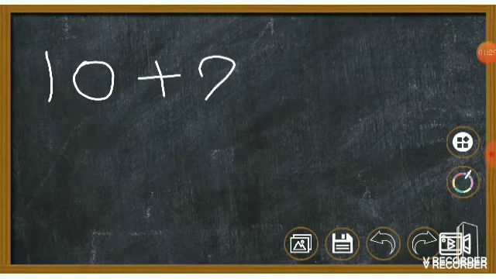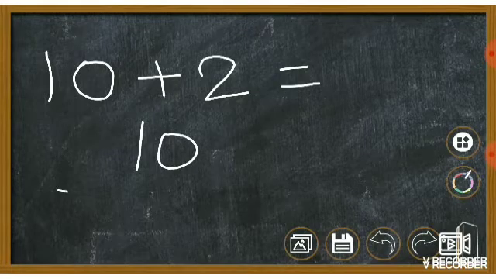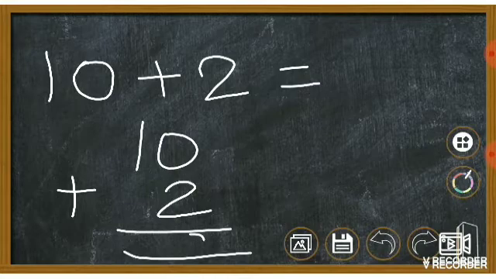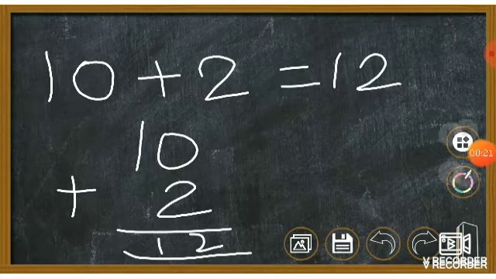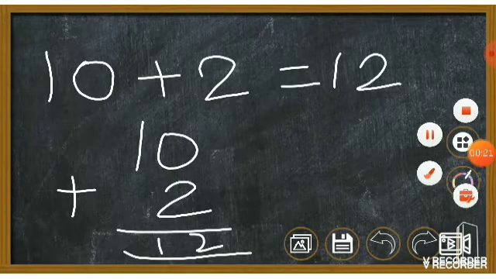Next, we are going to add 10 plus 2. Here, 0 plus 2 will be 2 and you are bringing down 1 here. This brings the answer as 12. 10 plus 2 is 12. First you add ones and ones and then add tens and tens. 0 plus 2 is 2 and 1 you are bringing down. So the answer comes as 12.